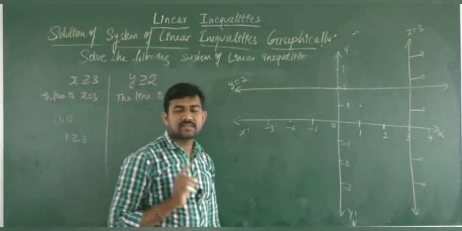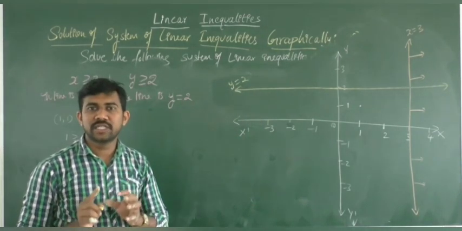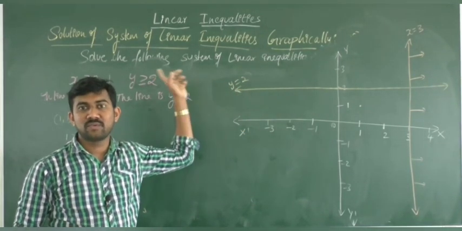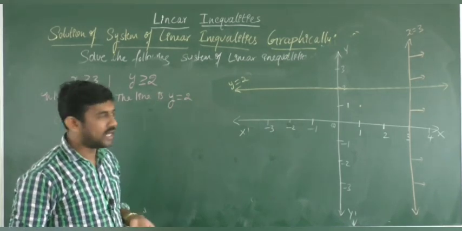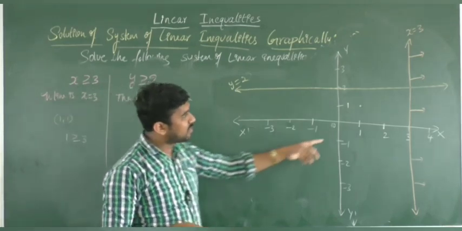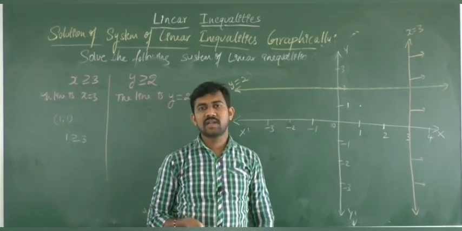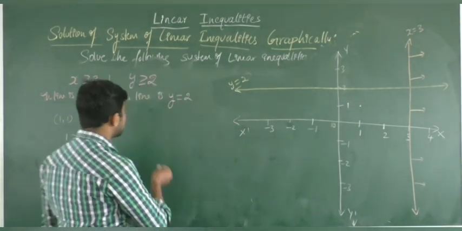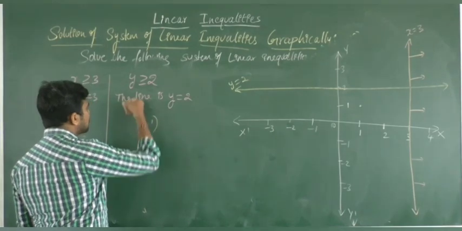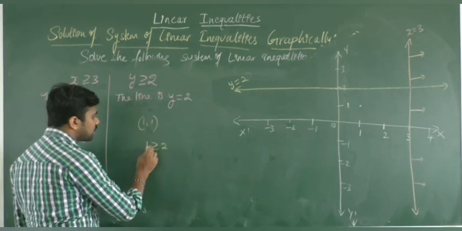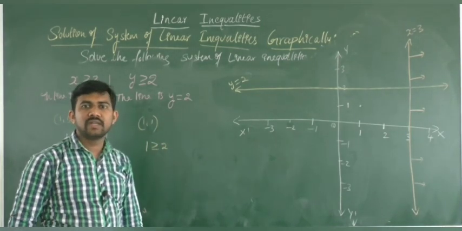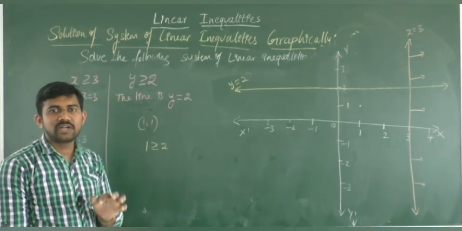As I said, we will get the solution region in the upper half plane because y is greater than or equal to c, a constant, understand? Or else you can check again by using any one point which does not lie on the line. Again I'll consider the point (1, 1). Substitute in this inequation, what will we get? 1 greater than or equal to 2. Whether 1 is greater than 2? No, 1 is less than 2, which is not greater than 2.